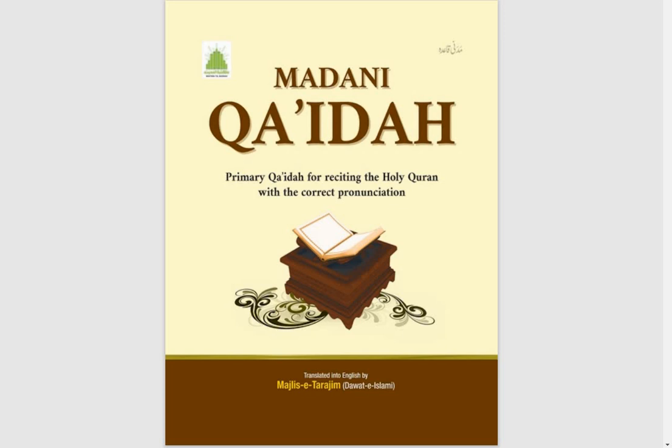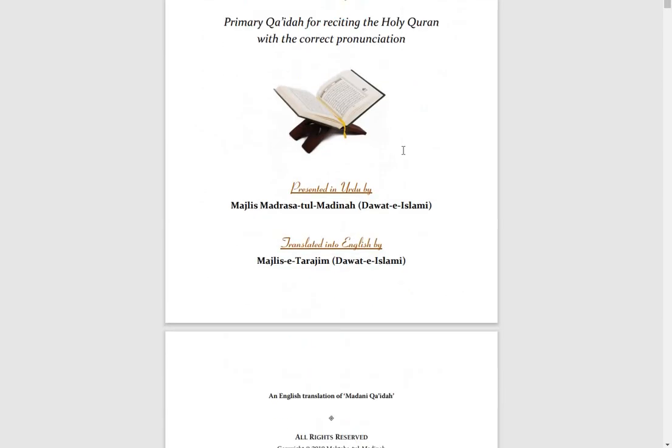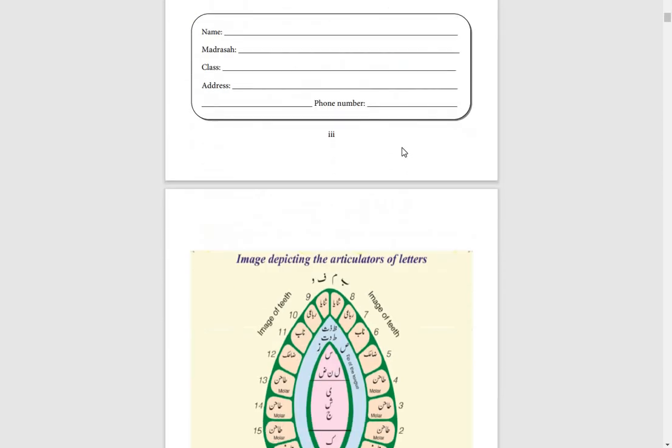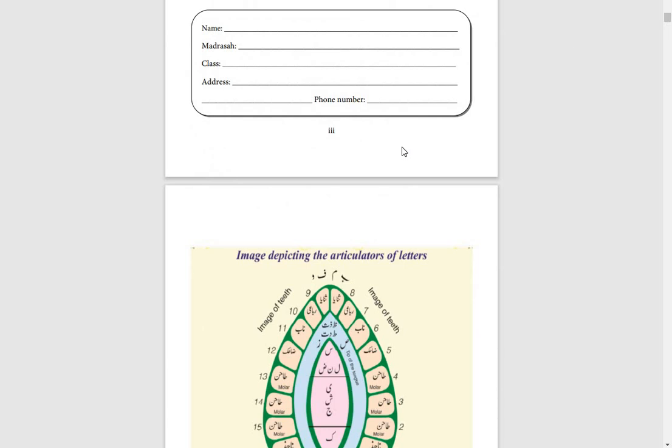Today we will start our Tajweed lectures properly. The book which we will read in this series of lectures is Madani Qaidah, published by Madani and translated into English by Tajweed. Viewers, here before starting the book,